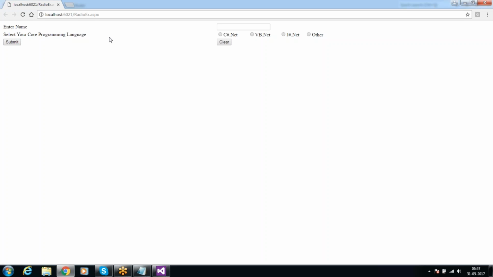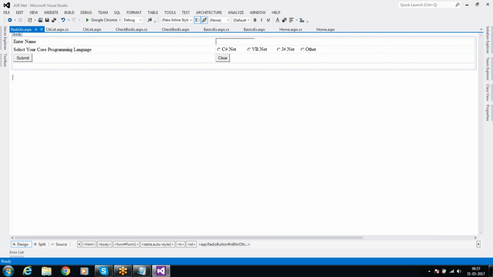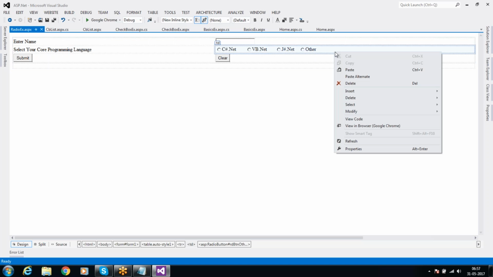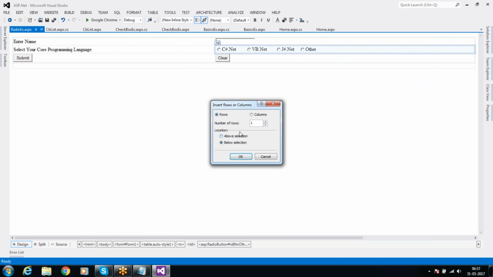I want to execute. If the user clicks on another button, then I want to display something to the end user. Okay, see what I'm going to do. Here I would like to insert one more row. So row below selection,